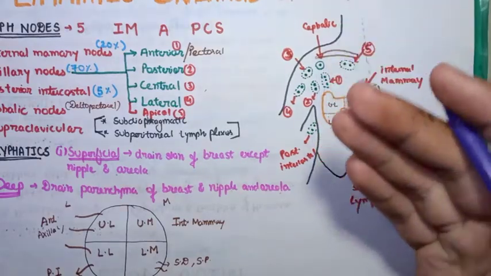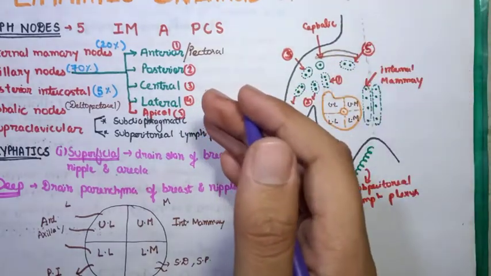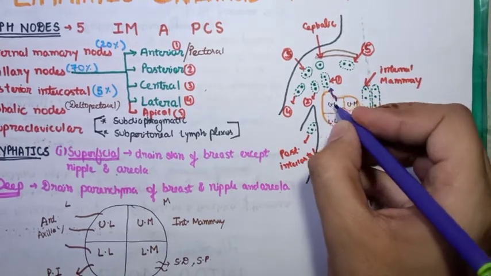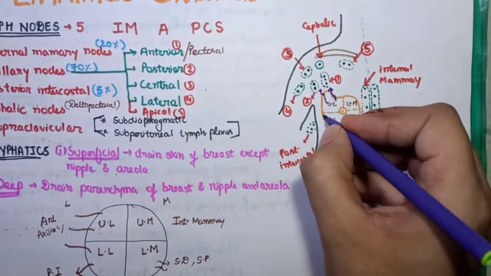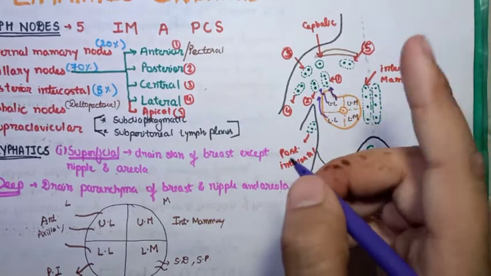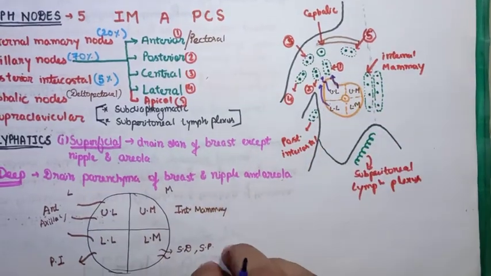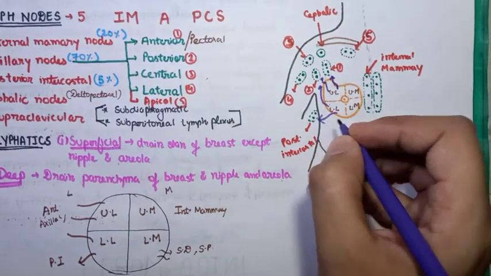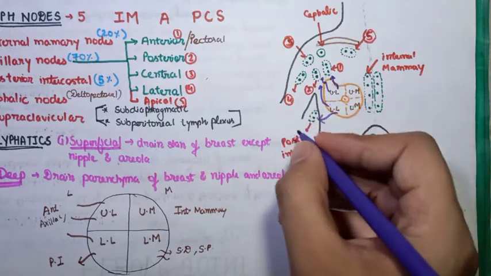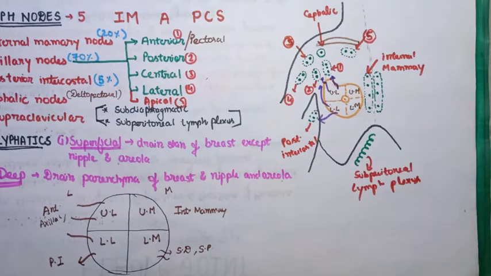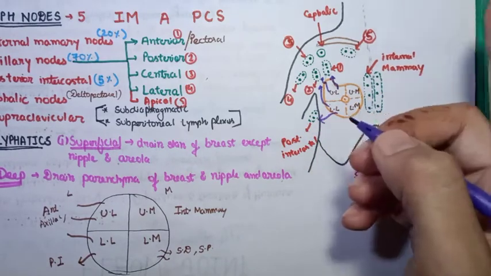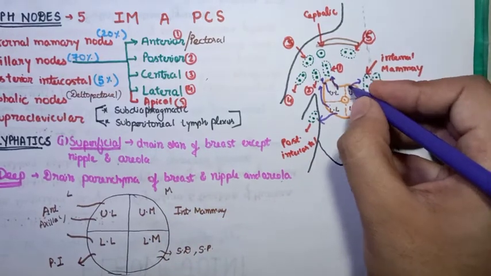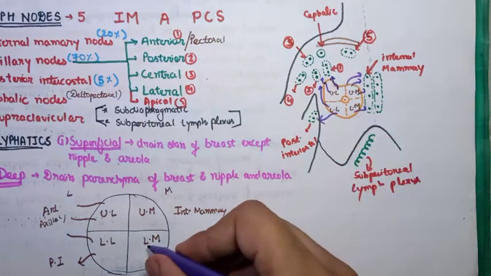So mostly from the lateral side, all will drain into the anterior axillary. So mark your arrows like this into the anterior axillary from upper lateral and the lower lateral. A part of the lower lateral will drain into, look at this diagram, the posterior intercostal lymph nodes. Most of the medial will drain into which? Internal mammary. And a part of the lower medial will drain into the